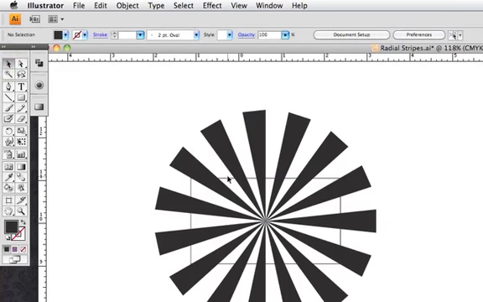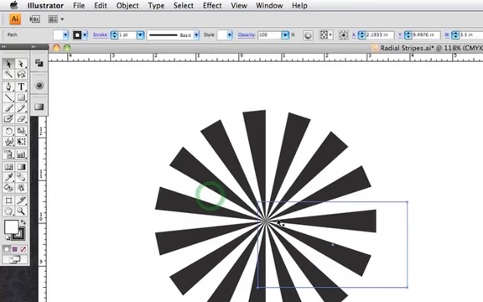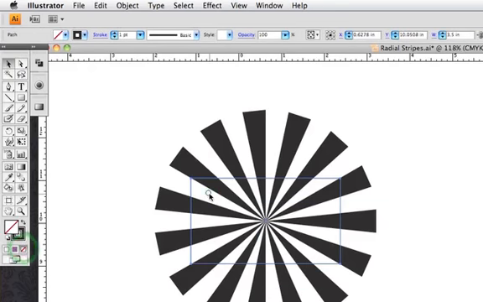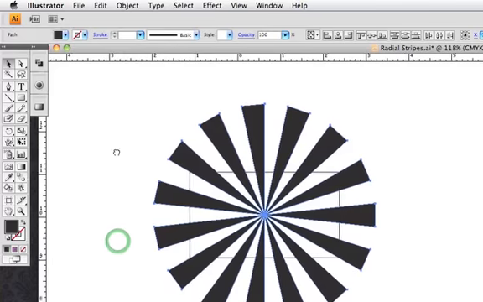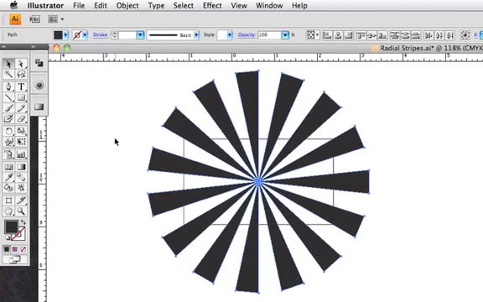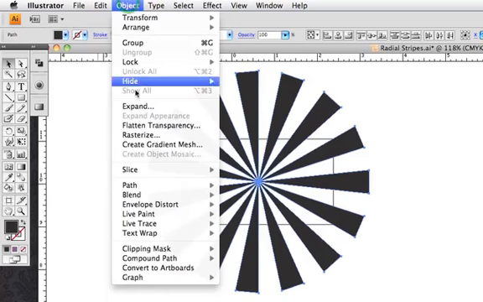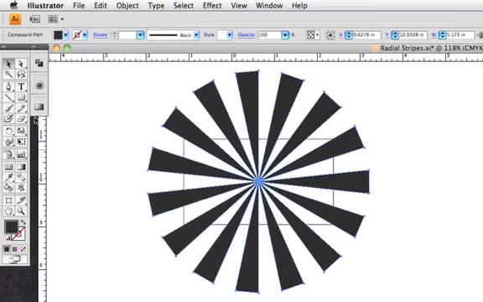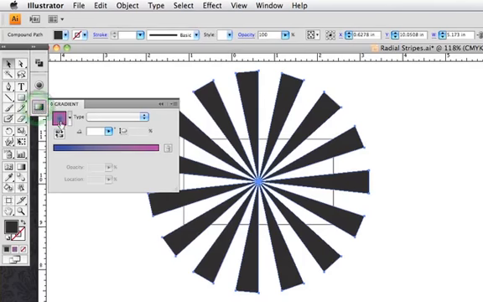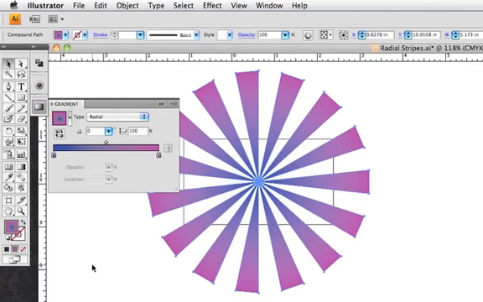So now we will select all of these. Let's get that so that has no fill of white. There. Select those, deselect our path. We have all of our little pie slices here, and we are going to go up under Object, and we're going to do Compound Path, Make. And then now, when we fill this with like a gradient, it affects the whole thing.